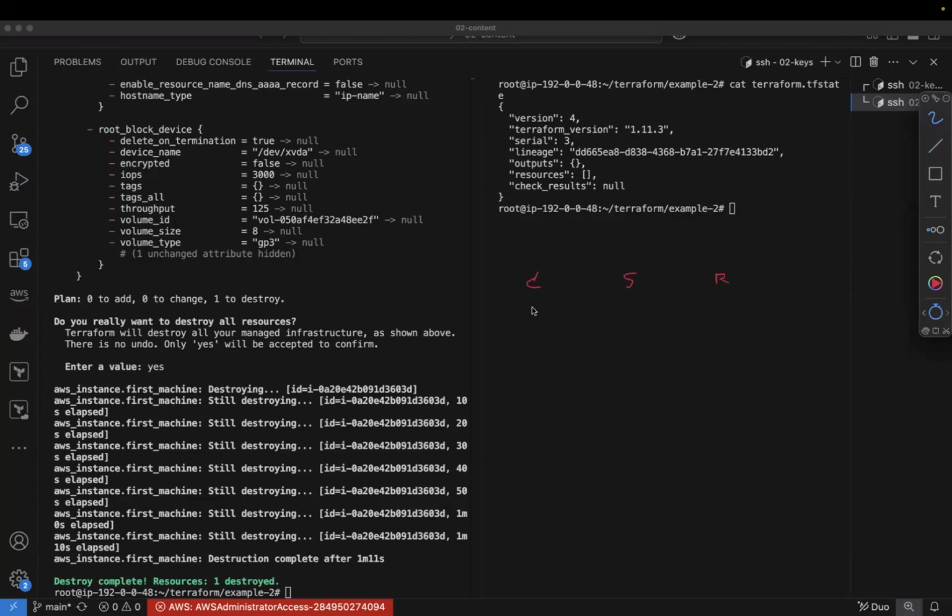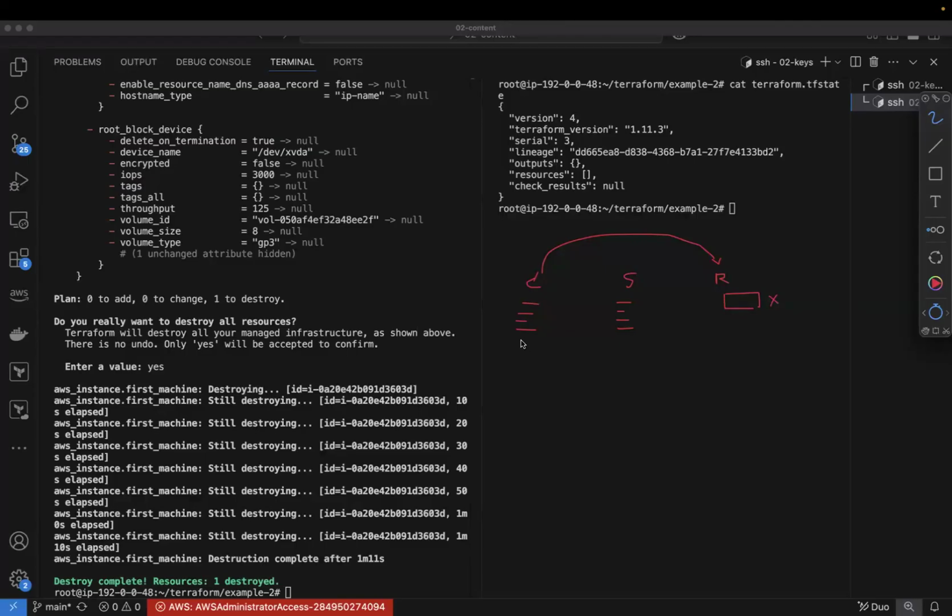Okay, so your configuration file has a code, and your state file also has all the machines. Now you're saying there is a machine running which is created out of this configuration file. Now this machine has some issues. The machine is corrupted. Now if you go and delete the machine, after that you come back and do Terraform